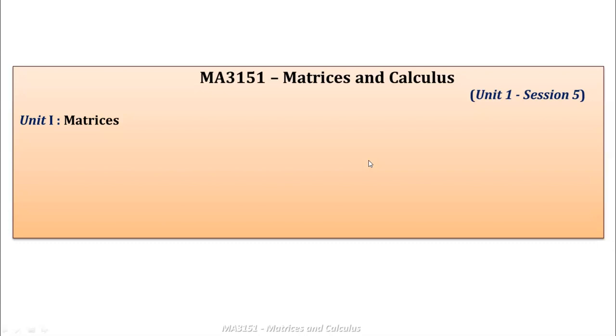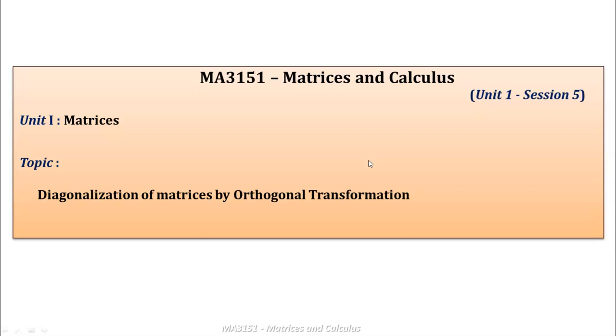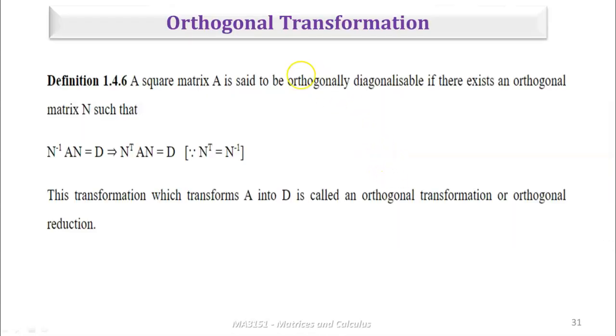In this video, we are going to discuss diagonalization of matrices by using orthogonal transformation. Orthogonal transformation definition: a square matrix A is said to be orthogonally diagonalizable if there exists an orthogonal matrix N such that N transpose A N equal to D. Since N is orthogonal matrix,